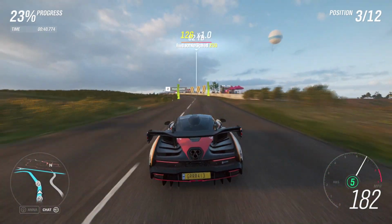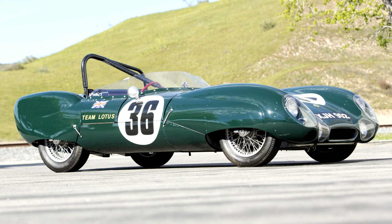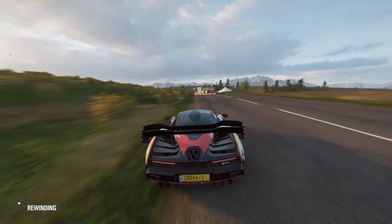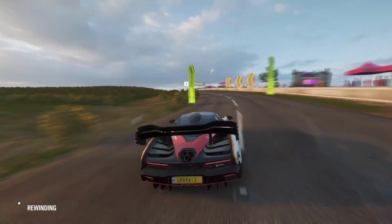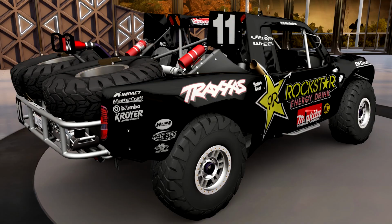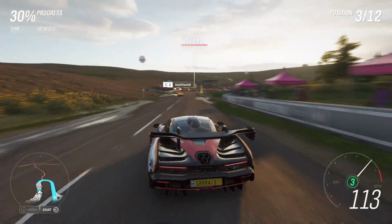Oh, always love it. For a seasonal co-op trial event, we have the Lotus 11, which I'm really surprised to see. It's $140,000 in the auto show. It's not even like an expensive car over in the auto show. And then our next challenge for seasonal playground games as well is the same way. The number 11 Ford F150, which is $500,000 in the auto show. So it's kind of a weak set of trial and playground games there,